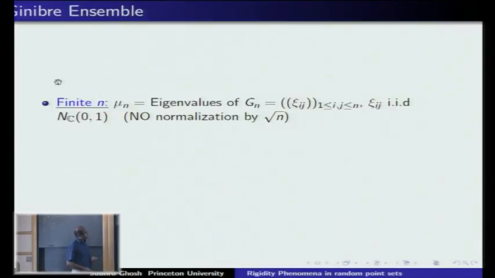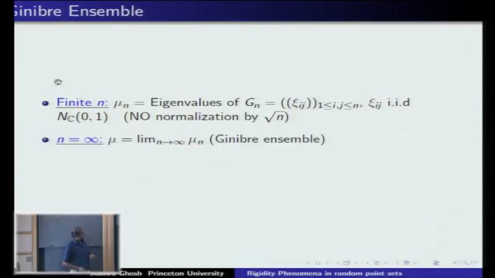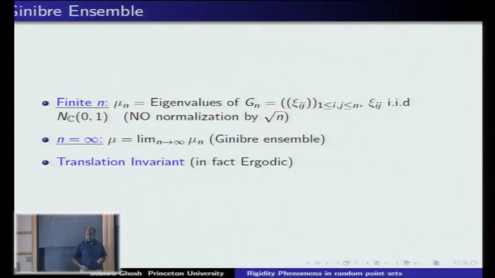First of all, let me define the Ginibre ensemble. You can obtain it as a limit of finite ensembles. The finite ensembles are, for finite n, the eigenvalues of an IID Gaussian matrix, with no normalization by square root n. You consider the eigenvalues of this matrix and take limits as point processes, weak limits. The limit exists, it is an infinite point process on the plane, and it is translation invariant and in fact ergodic,